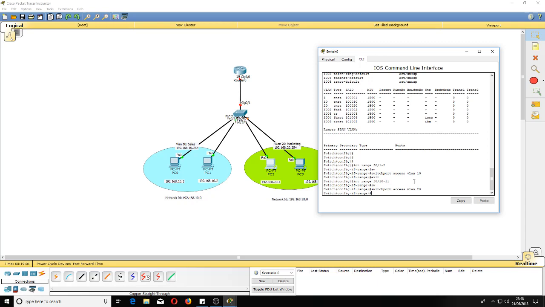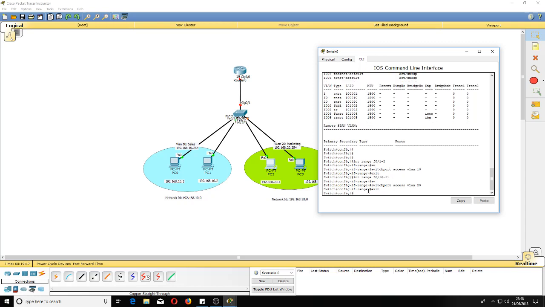Once you declare this, these two become members of VLAN 20, and you can see this orange color. Green has changed to orange, and again orange will change into green after a while. So again you are in the interface mode. Come out from there. You already created the VLANs. Now you made these two members of VLAN 10, and these two members of VLAN 20. Now to make sure that we have done it, we will run the same command